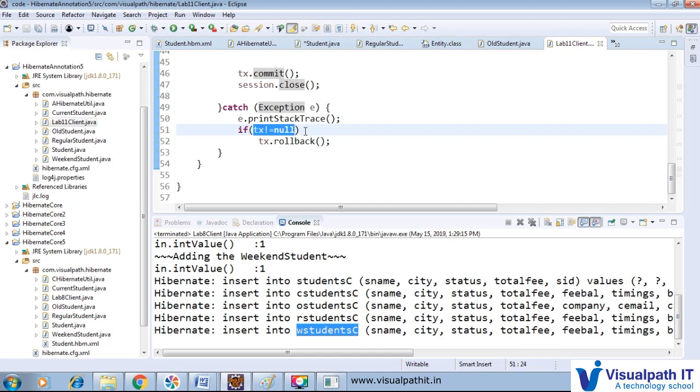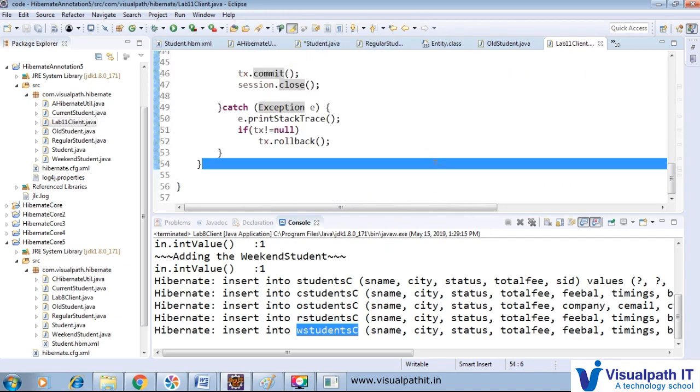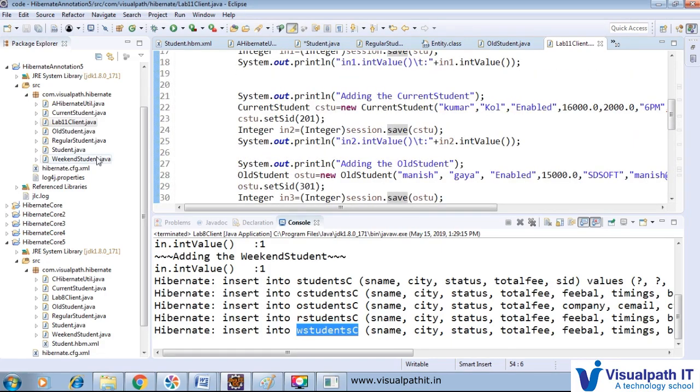Otherwise, if we want either a complete save or nothing saved, consider a partial save where a table is created and some names come in but the branches are missing, or we want to store 50 names and only 5 are stored and 45 are not stored. In this condition, if we want to roll back the information, we call transaction.rollback. Before that, we check whether the transaction is null or not. So this is done, and we added the same